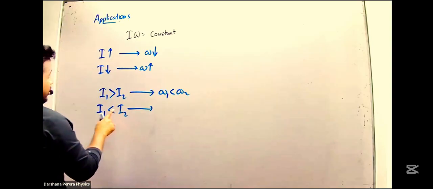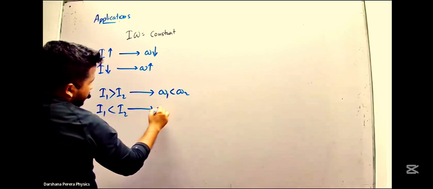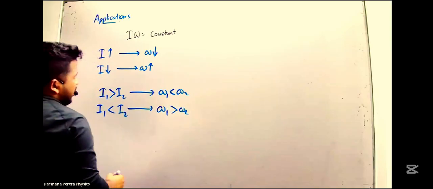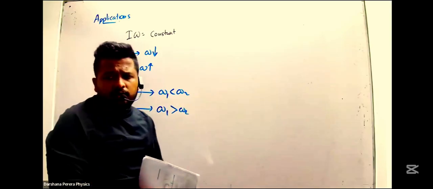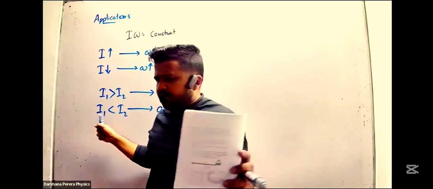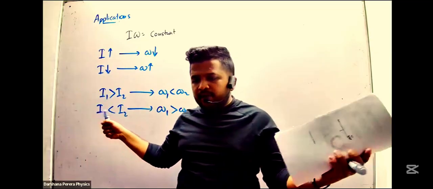moment of inertia is higher, so omega gets reduced from omega 1 to omega 2. Right? When we take two masses, one in each hand, and we rotate,